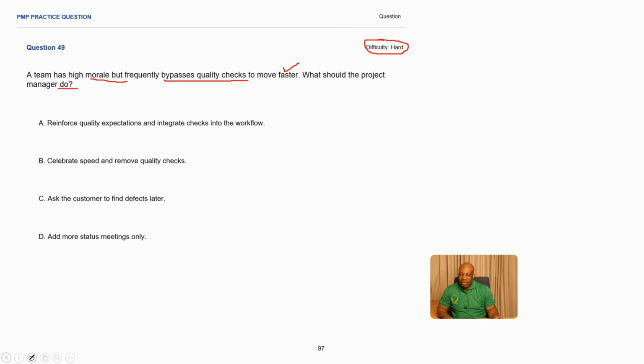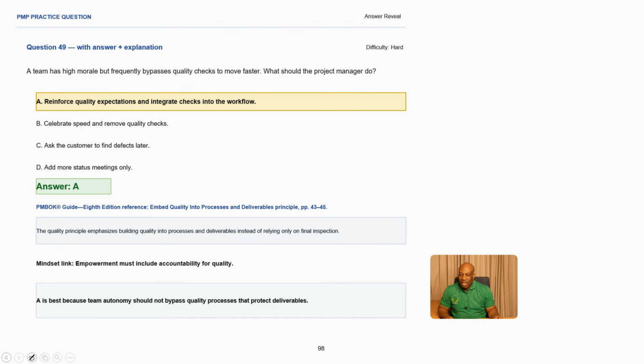A, reinforce quality expectations and integrate checks into the flow, okay? You can leave this one. Quality must be done throughout the project. B, celebrate speed and remove quality checks. There's no need to produce something that is of poor quality. No one is going to accept it. So we eliminate this one straight away. C, ask the customer to find defects later. You don't postpone defects. It might be costly to resolve some of these defects in future than today, making this one an incorrect answer. D, add more status meetings only. This does not help the problem. We want something that is going to resolve the problem, making A the best